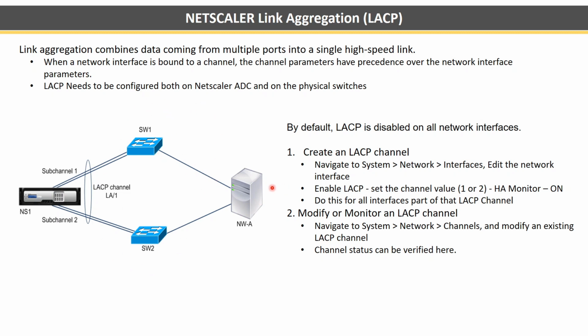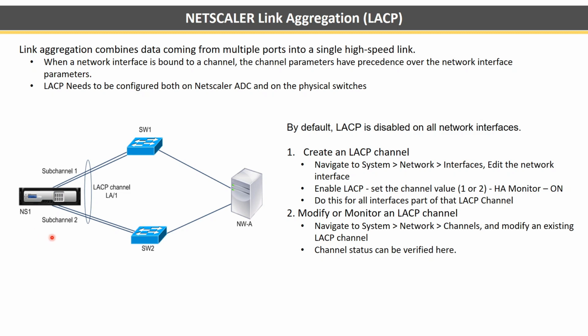By the way, guys, the picture looks really good because typically this is how we configure LACP, right? 2 or 1 interface going to one switch and another to the other switch. Why do we have to configure LACP? One reason is that you are providing switch level redundancy. So you have 2 top of rack switches. Let's say this switch goes down, your traffic will still not be interrupted. Your traffic will still go through the second switch. That is the use of LACP. The second is to increase the throughput, as we discussed already.